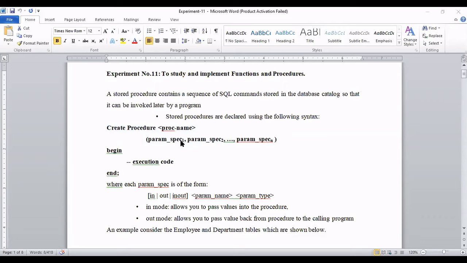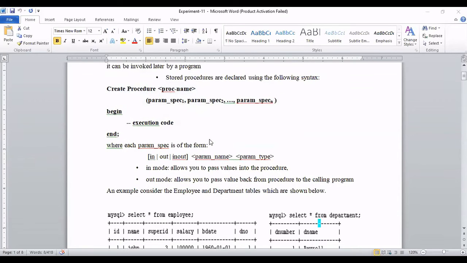So now coming to the syntax: create procedure, procedure name, then parameters. See here, this is not ended, there is no semicolon, please be careful. The semicolon will be at the end. Then the body starts, like a function body. In C we use curly brackets, but here we write begin, and for the right curly bracket we use the end statement. Remember, it is ended with a semicolon, this is very important. If you don't use the semicolon, the procedure will not be ended, so there will be confusion.